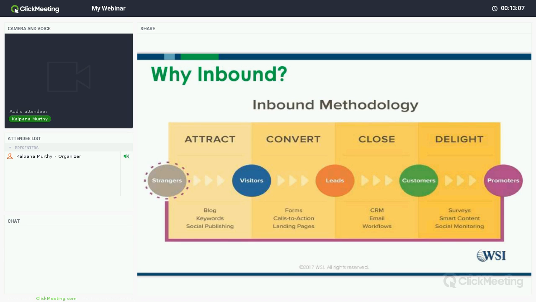We really want them to be our promoters, and we also would like to upsell to them on products and services in the future, right? So we use surveys to get information about how we did with our products and service, and we also send them smart content for the products and services that they purchased on how to effectively make use of them, and monitor them on social media on what else they're looking for, so that you can send them information, and of course ask for testimonials and have them spread the word to promote your products and service. So this is, in a nutshell, what the inbound methodology looks like.